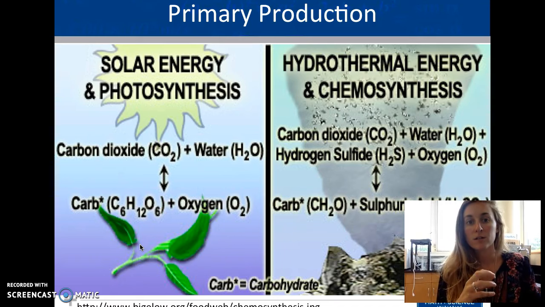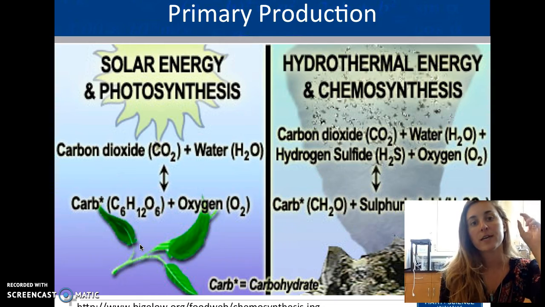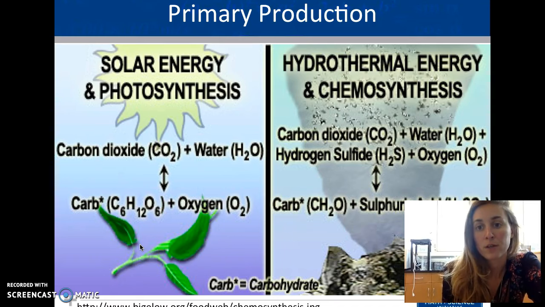There are multiple ways that we harness that first energy. There are two types of inputs of energy into our open system. Solar energy is from the sun. It's processed using photosynthesis. Photosynthesis turns it into chemical energy, which is the sugars and the starches, the things that we eat and we use.